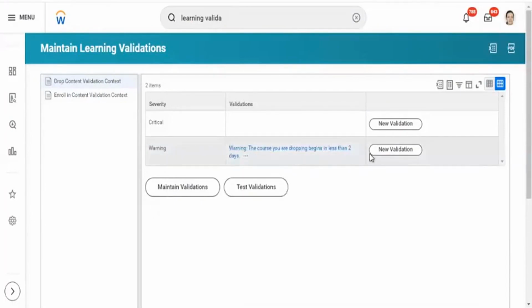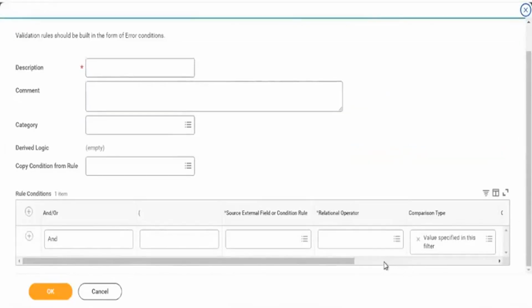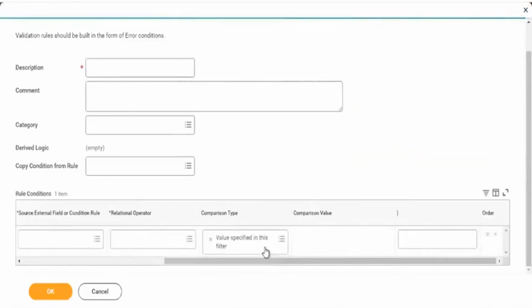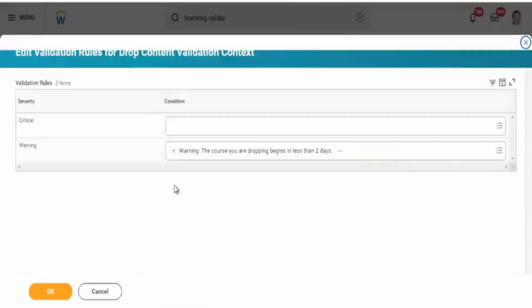When I think this is not properly configured, you're not seeing it. Maintain validations. One new message.